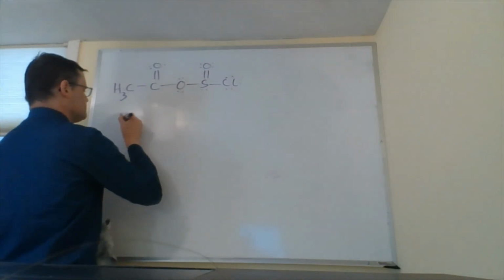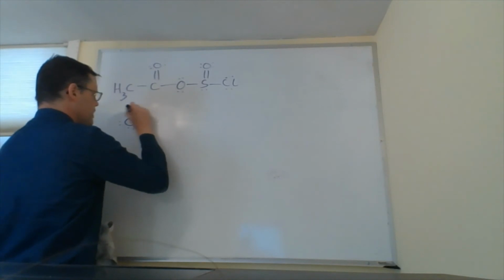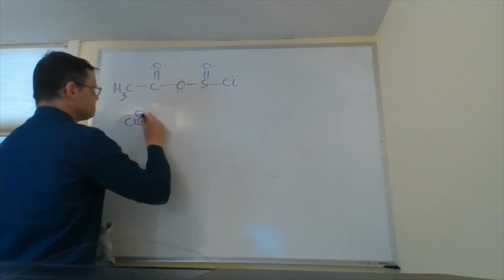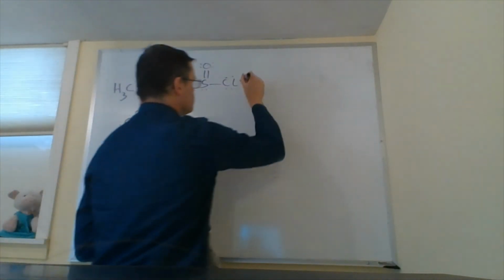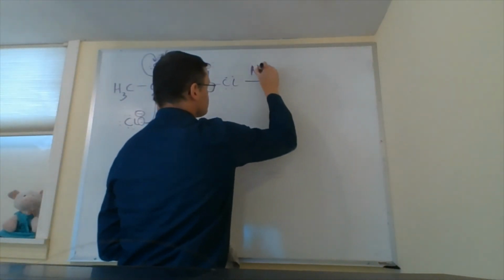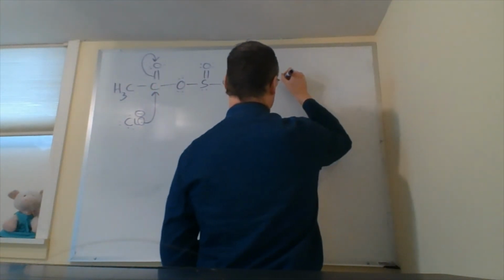Okay, so now we're going to have chloride ion come in. We're going to do this step, which you might recognize as a nucleophilic addition. All right, and that gets us to a